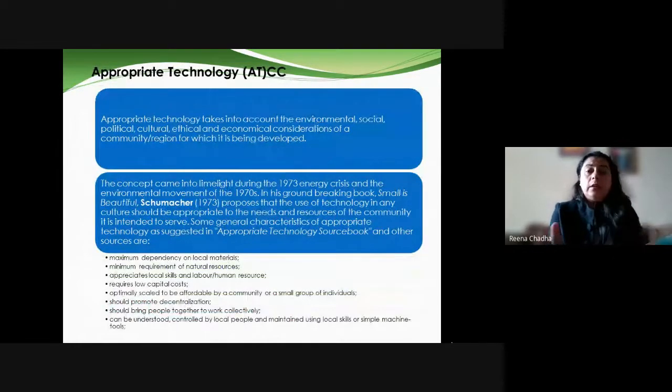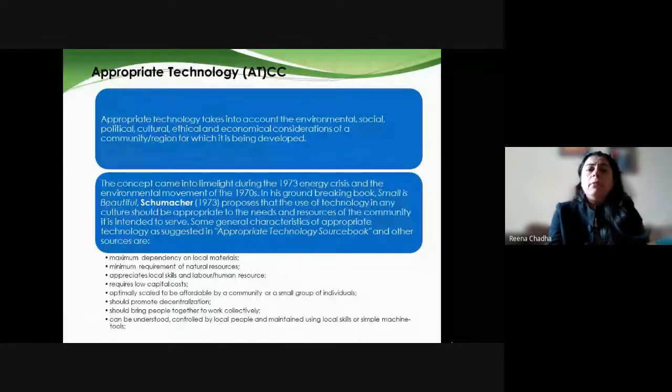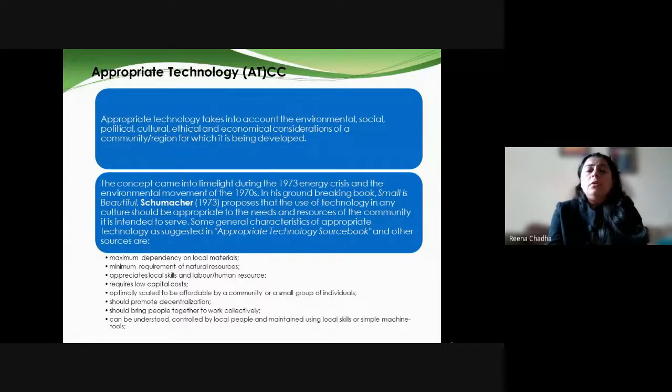Now, the literal meaning of appropriate is that it should take care of environmental, social, political, cultural, and ethical aspects. All aspects should be in balance. Then only it is called appropriate technology. And the concept came when a book named Small is Beautiful by Schumacher was written in 1973, where he proposed that use of technology in any culture should be as per the needs and resources of the community